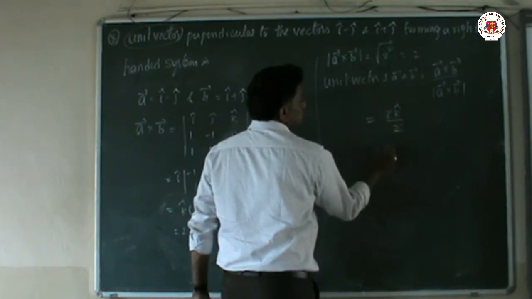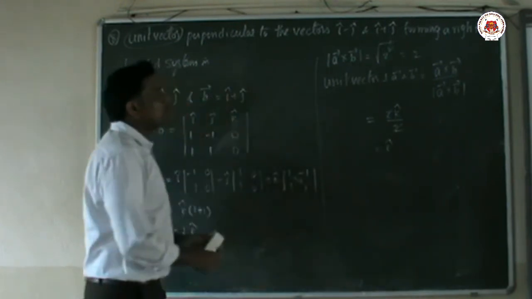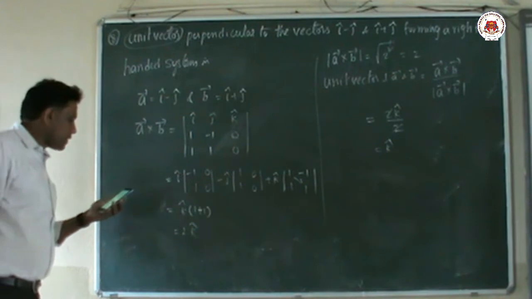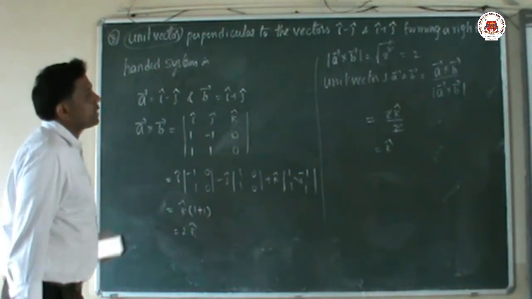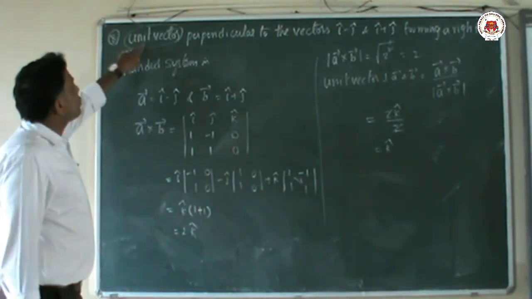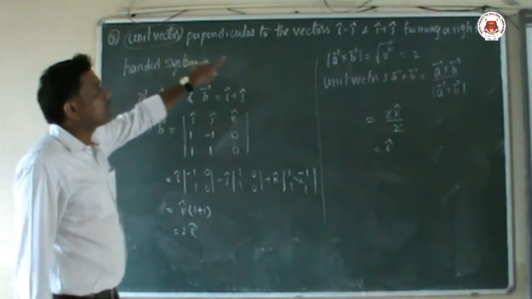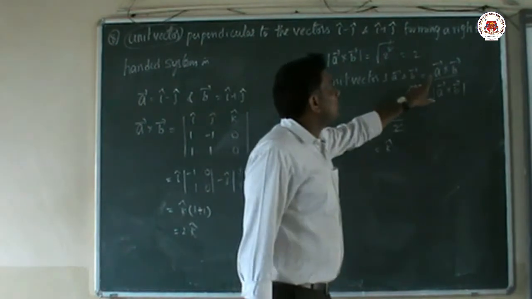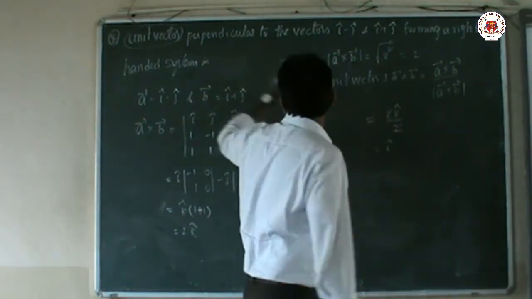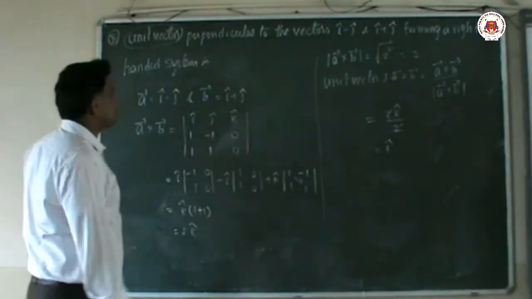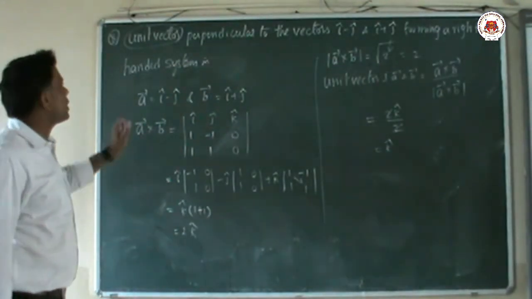2 to get cancelled. So what is the answer? The unit vector which is perpendicular to the given two vectors is k cap. So children, this is a very important one. Very important one. So one more time, unit vector means plus or minus. Unit vector means positive. If they have not asked for the unit vector, only the vector, then we will find out only a cross b. One of the very important, very good questions.